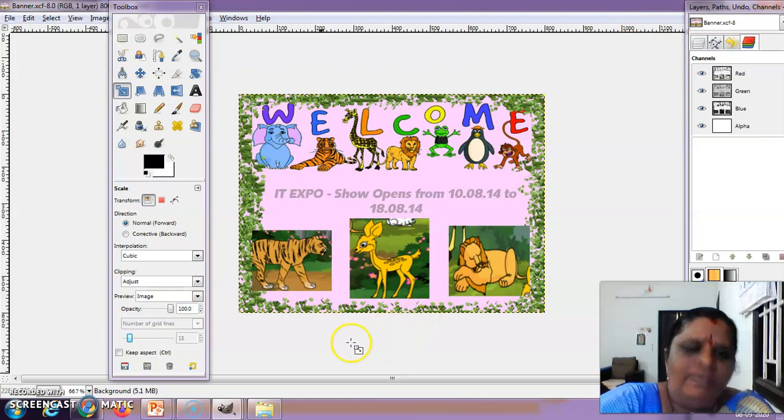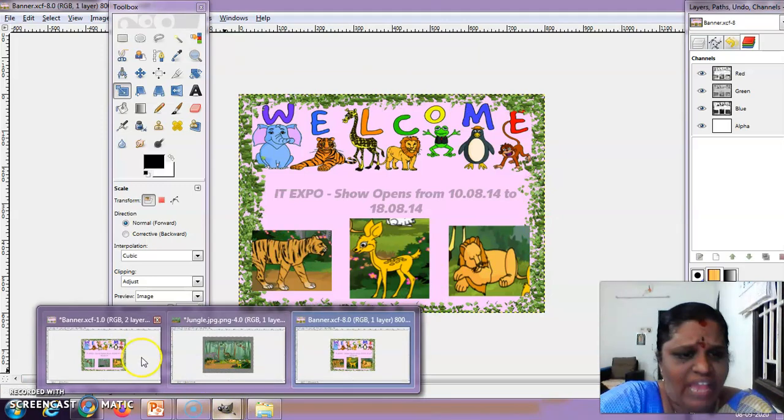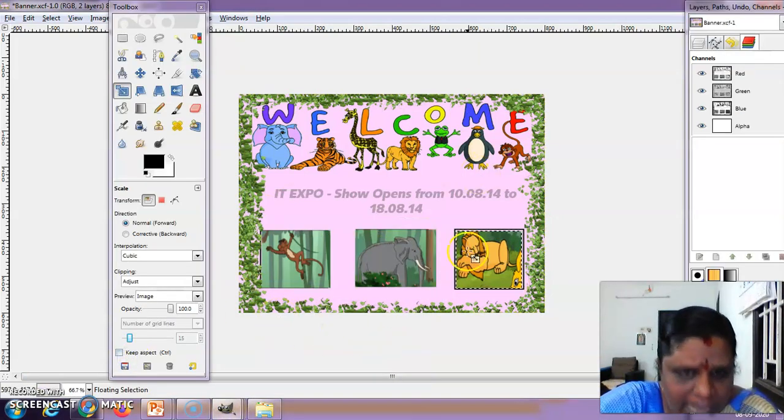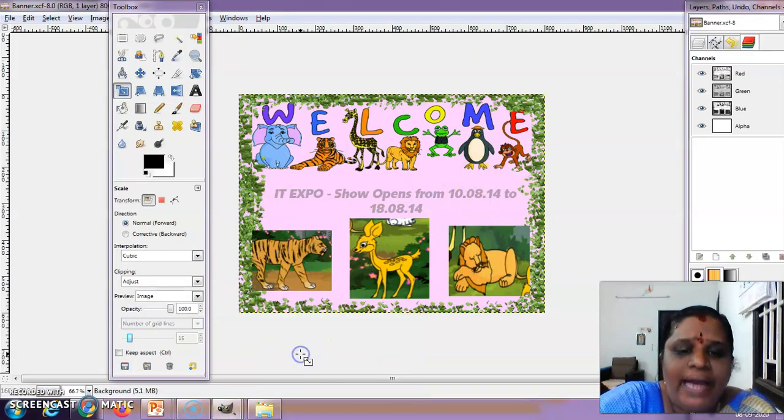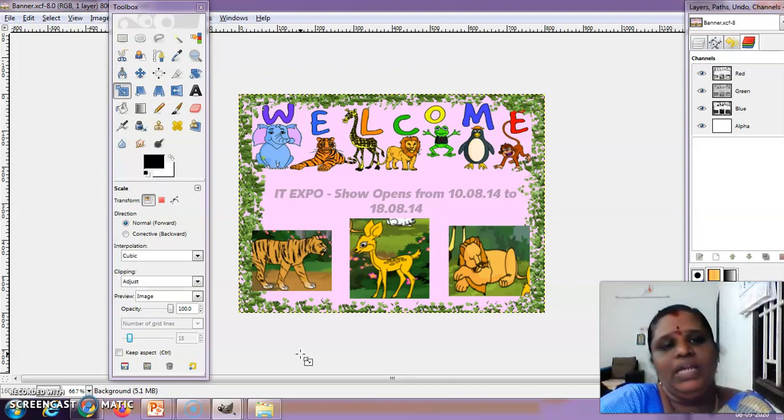Instead of this deer, we have our elephant, and the lion is the same, right? This is our created banner, and this is the banner which is the sample given by the Chrysalis team. Yes, both are similar, right? So you can also make it.